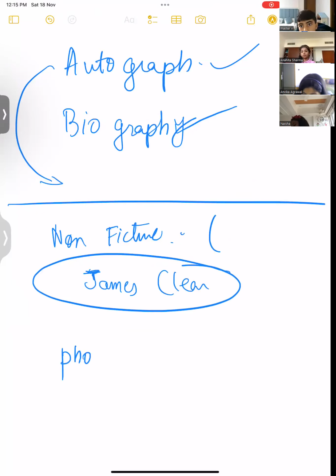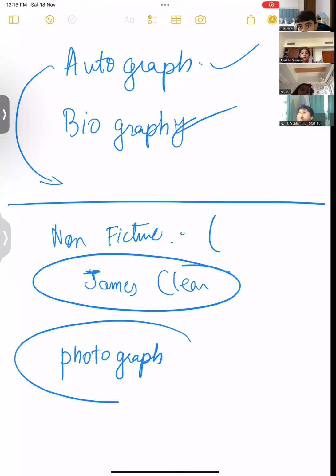Now if I say photograph, you have something in your hand. Photographs come into your hands, don't they? Passport size photograph or a big photograph. So photograph is a picture in a written form. If you continuously nod, it doesn't mean that you are paying attention. Okay. Let's have another word over here.